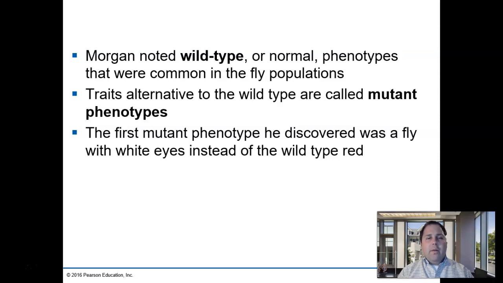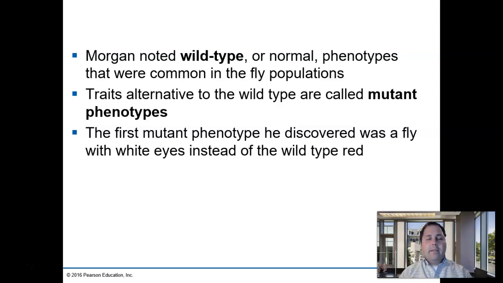So Morgan and folks in his lab had flies around. They were collecting flies. It's pretty easy to get fruit flies from the wild if, like I said, you put out some fruit or some vinegar. And they noted that there was a large population of what they called wild type or normal phenotypes. Basically, if you pick up a fruit fly and it looks exactly like what you expect a fruit fly to look like, that's a wild type fruit fly. And then they started identifying alternative traits, things that were different from the wild type, and we call those mutant phenotypes. So Morgan started distinguishing between wild types and mutant phenotypes in flies, and the first phenotype he discovered was